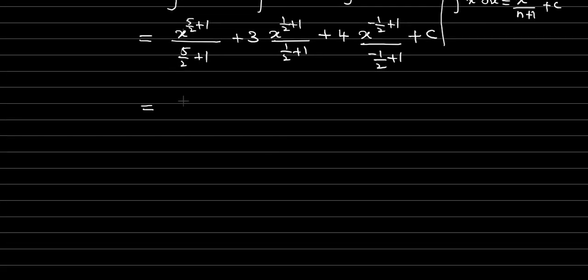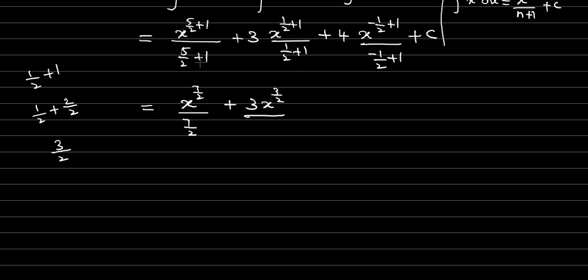Okay, in powers. So now x raised to what? 5 by 2 plus 1, right? So what is the LCM? 2. So for 5 by 2, to bring 2 as a denominator, multiply and divide by 2. Then it's 7 by 2, right? So x power 7 by 2. Same here also, 5 by 2 plus 1, so 7 by 2 only will come. Next plus 3. What is the next one? 1 by 2 plus 1. So LCM is 2. Then we need to multiply and divide by 2 for the next term. 1 plus 2 is what? 3 by 2. So next 3x power 3 by 2. The denominator is also the same term, 1 by 2 plus 1, so here also 3 by 2.